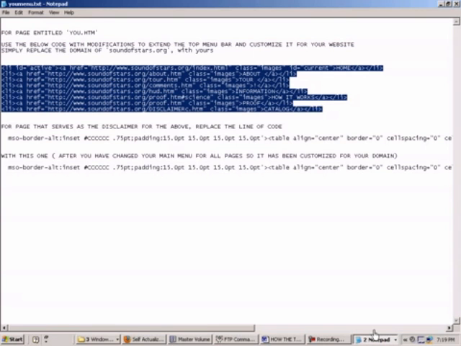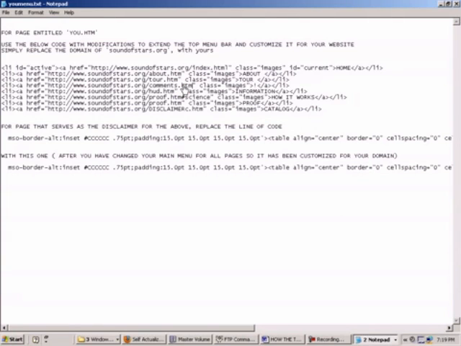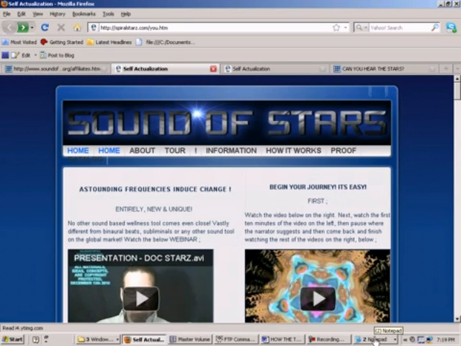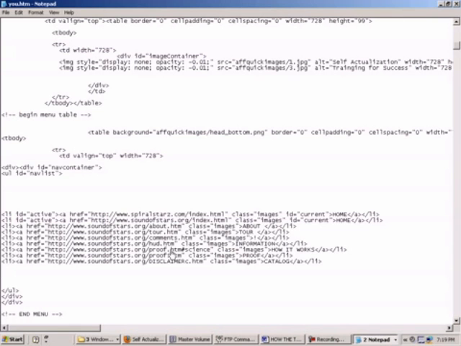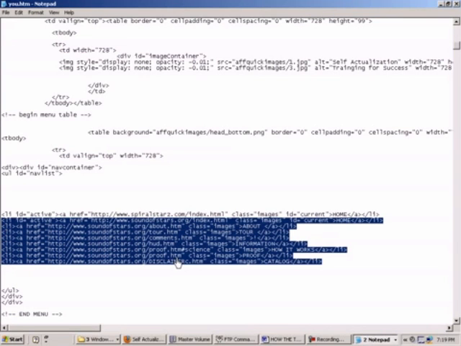So once we have got you to the next step where we've actually downloaded these pages, done your edits, and uploaded them back to your server, then you can go in and add this entire menu structure, and then you'd replace this with your current domain name. So I'm just going to delete this, not in the menu text file, but I'm going to go back to my original u.htm file, and I'm going to just delete these entries, highlight them and delete them, and then I'm going to go File, Save,